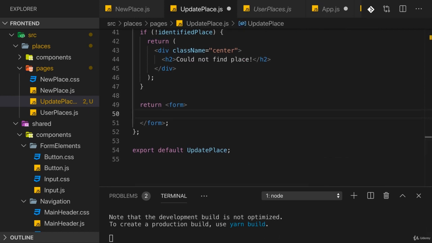In the form, I want to render my inputs. And the inputs I have here is a title input and then also a description input, because these should be the two pieces of information that should be changeable, that should be editable by users after a place was created. So the element here for the title is input, type is text, I want to have a normal text input. The label will be title, and validators